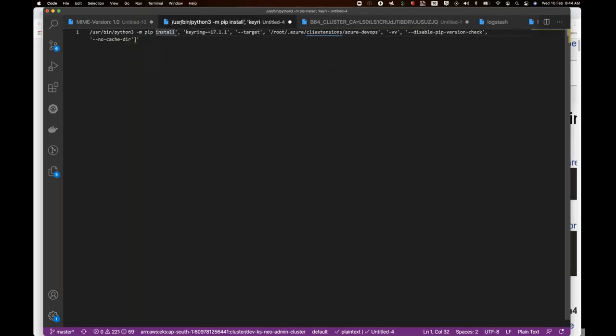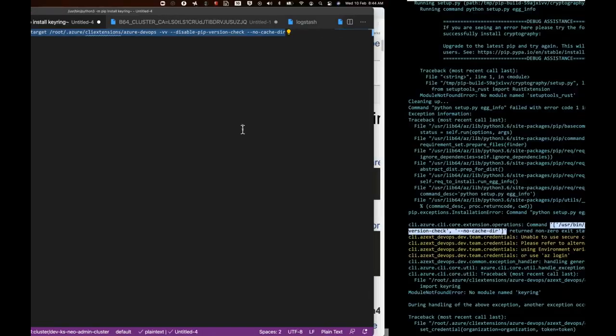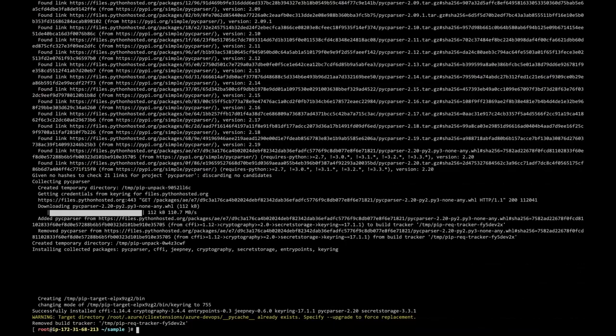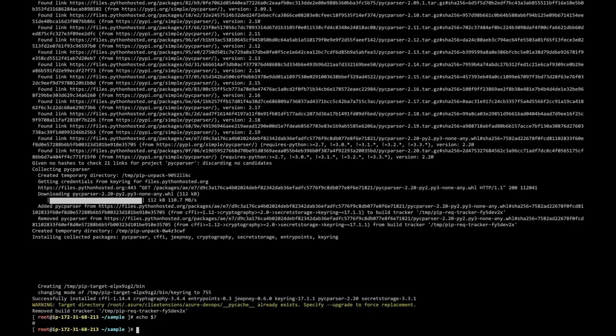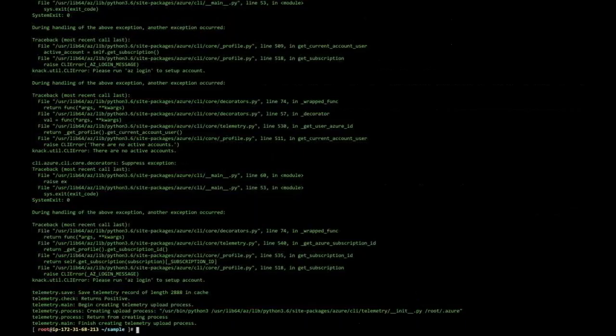Pip install. When I do it manually, it is working fine. Now there is no error. And if I remove the debug,